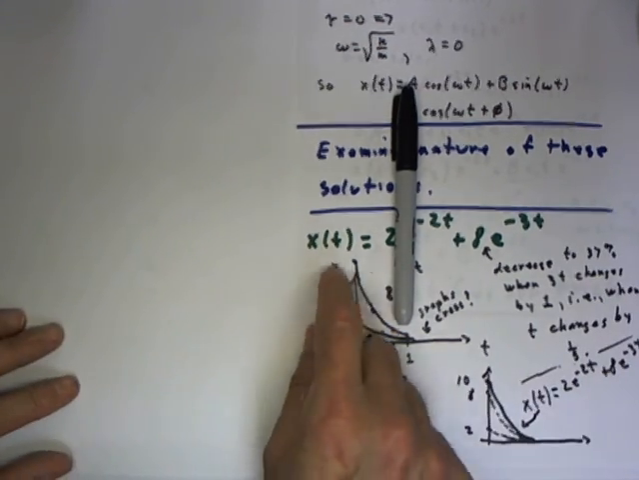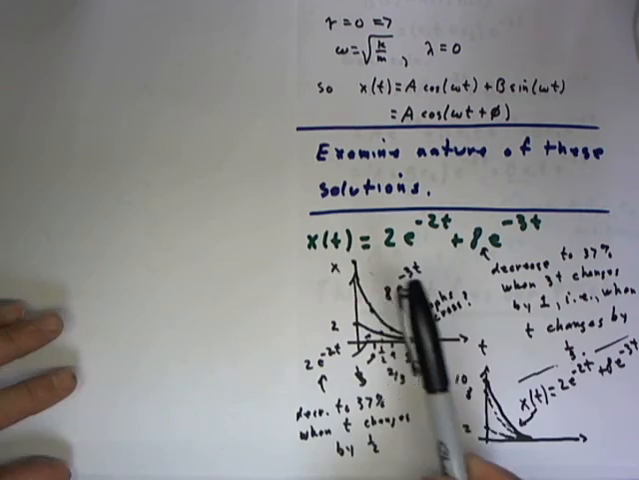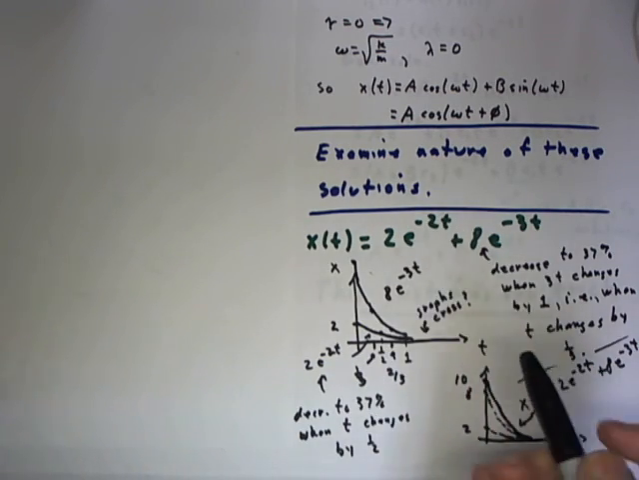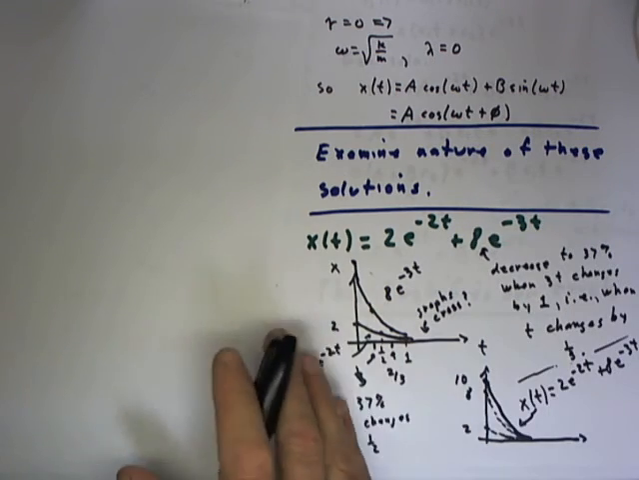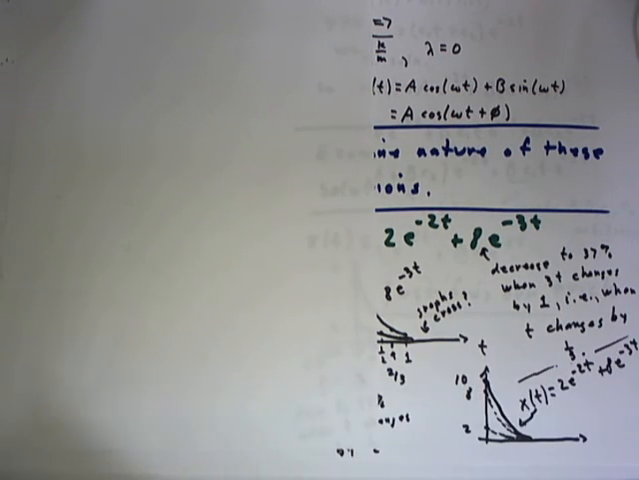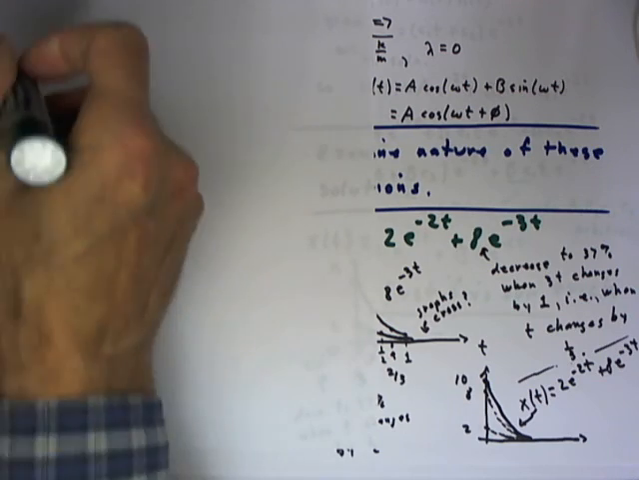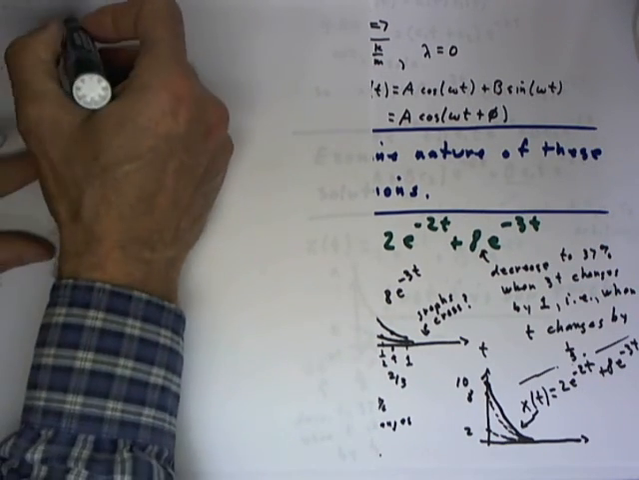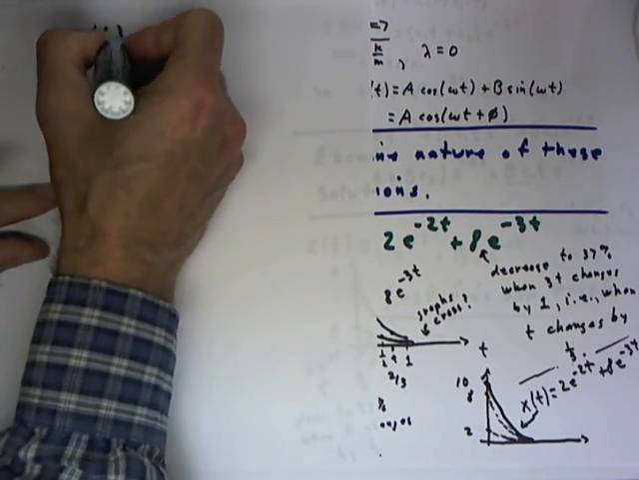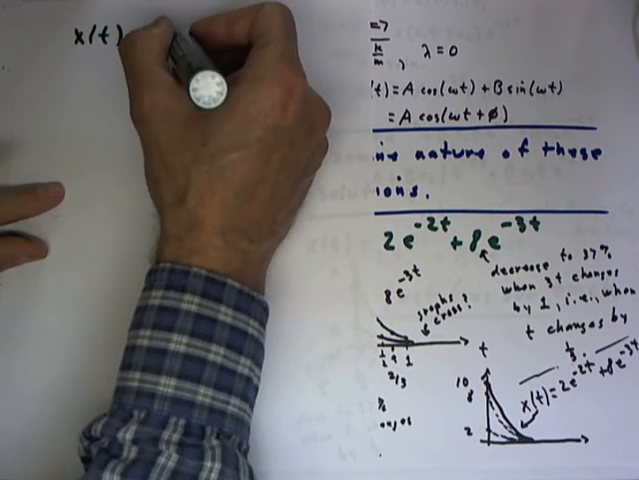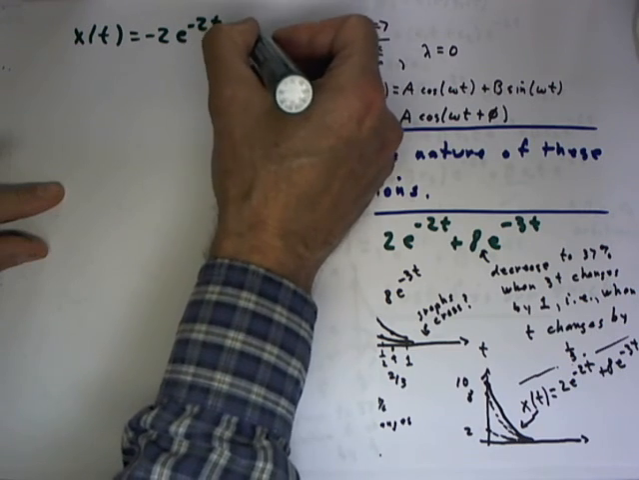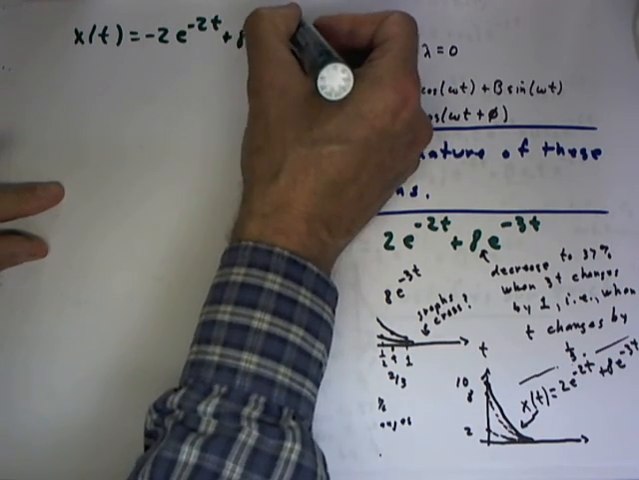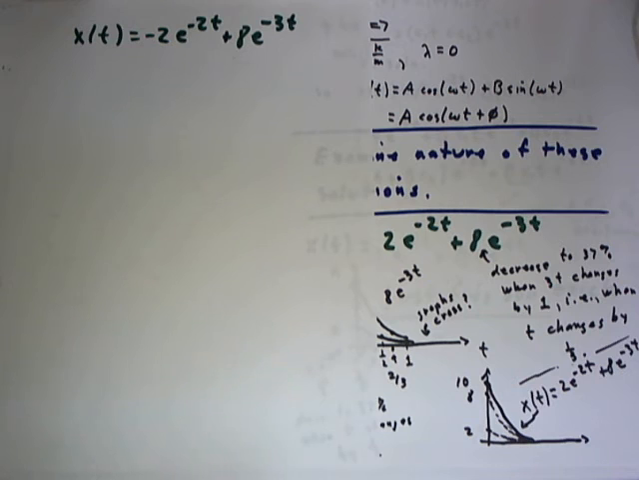Now let's consider a function very similar to this example, except we're going to let the function be negative 2e to the negative 2t plus 8e to the negative 3t. So our function is going to be x of t equals negative 2e to the negative 2t plus 8e to the negative 3t. Without going into a lot of discussion,